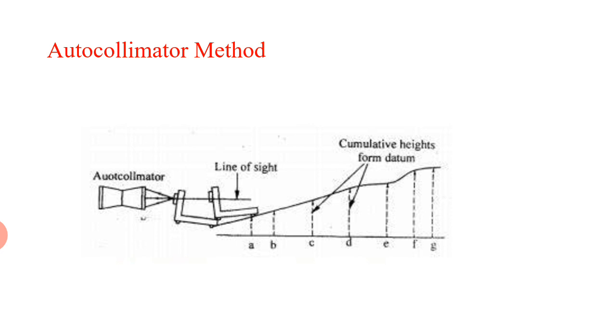A particular feature of this method is that it can be used for the vertical side of a horizontal slide way where the level can't be used. Now in this diagram, suppose we want to check the straightness of a lathe bed. The lathe bed must be straight as it carries various parts of the machine like the carriage, tool post, etc.